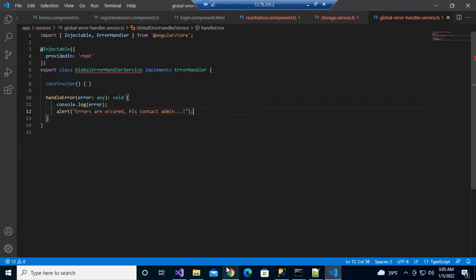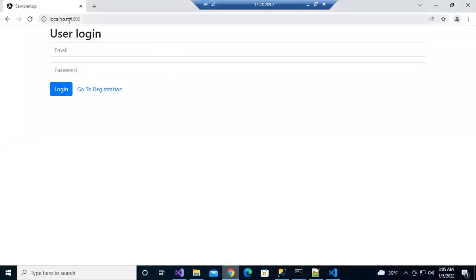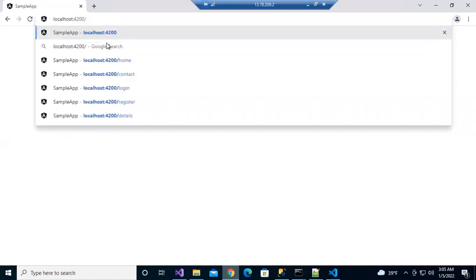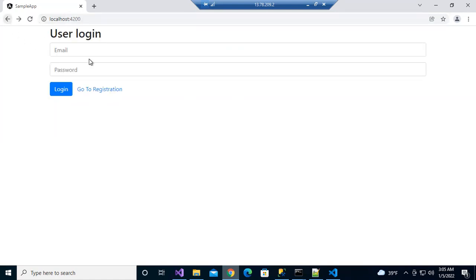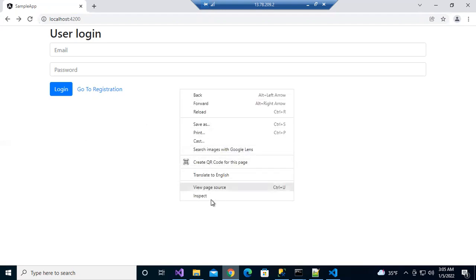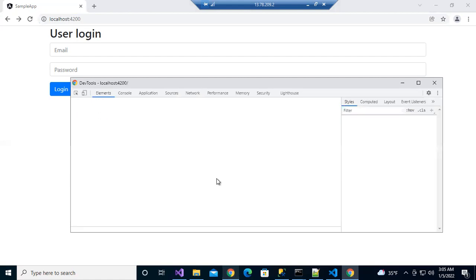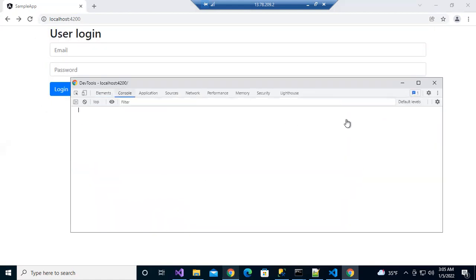Otherwise, if you're not showing this message, what will happen? It is simply redirecting, but where it is redirecting, you are not able to know. You always think something else. But with the message, errors occurred, please contact admin, then you can know something was fishy and I need to figure it out. Otherwise, you are simply navigating like this. What will you think? A blank screen came or a login screen came. We may think maybe our network is working or not. We may think differently because the client doesn't know how to open the inspect page. The client does not know, he is also simply a user. So that's why you need to show a user friendly message.